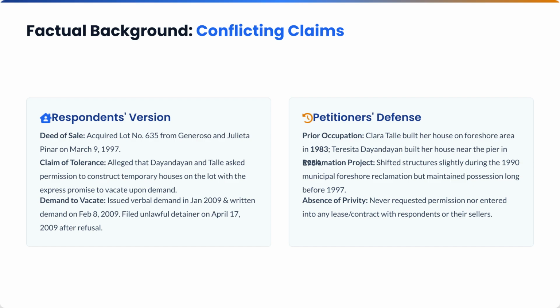The parties presented conflicting versions of the facts. Respondents claimed they acquired the lot in 1997 and permitted the occupants to stay under a promise to vacate. Conversely, the petitioners maintained they built their homes on the land long before 1997, denying any permission was ever requested